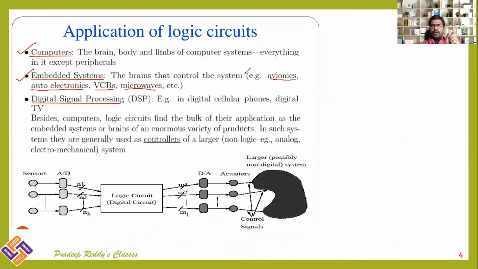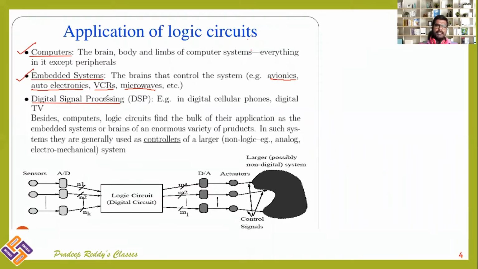There will be a button provided there, and you will simply use that button to switch on or switch off. Likewise, an embedded system is used in a lift, an elevator. When you press button 4, you will automatically be stopped at the 4th floor, and if you press G, you will automatically be stopped at the ground floor. So that makes use of a logical circuit which is made up of an embedded system.